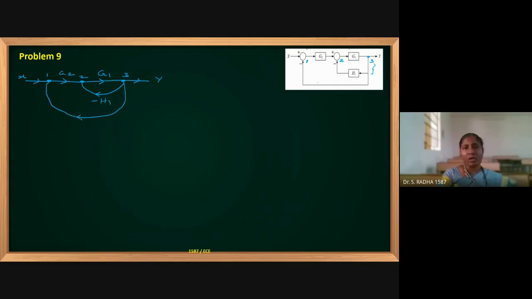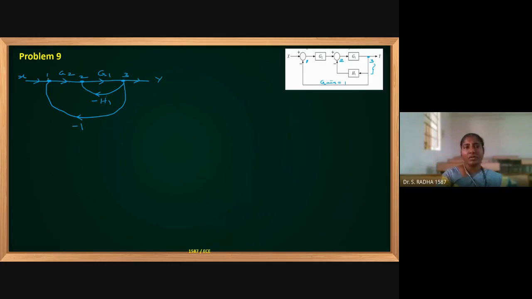If no block, the gain is 1, unity feedback. The minus symbol is there at the end of the branch, so that minus will come along with the unity feedback. So if no block is there, gain is 1, and that minus will come along with this one, so minus 1. This is the equivalent signal flow graph.